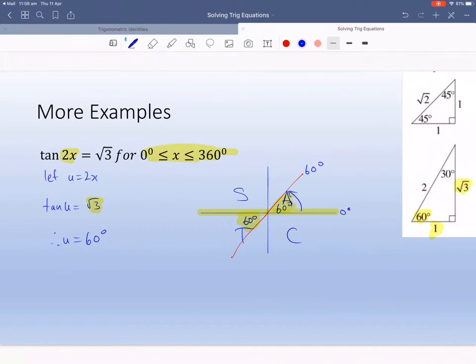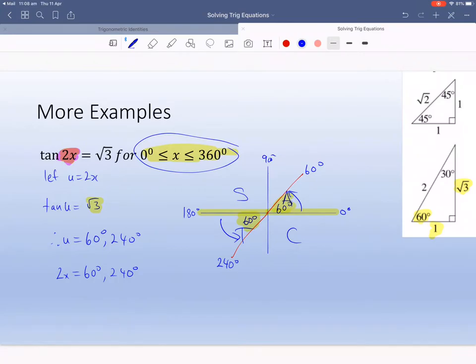Now remember, that's 0, 90, 180. So we've got 180 plus another 60, so that's 240 degrees. So u equals 60 and 240 degrees within this domain. Now, we know what u is, but that is not what x is. So we have to substitute back in. So we've got 2x equals 60, 240. Now, there's a problem,